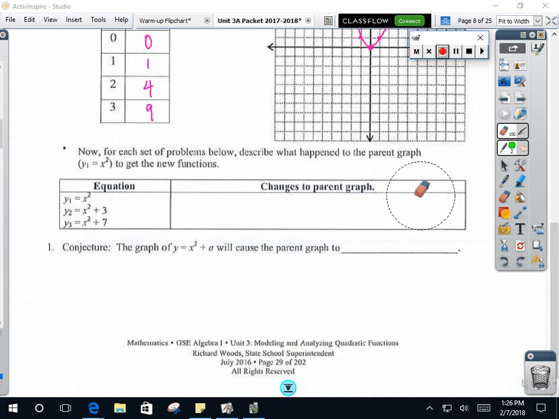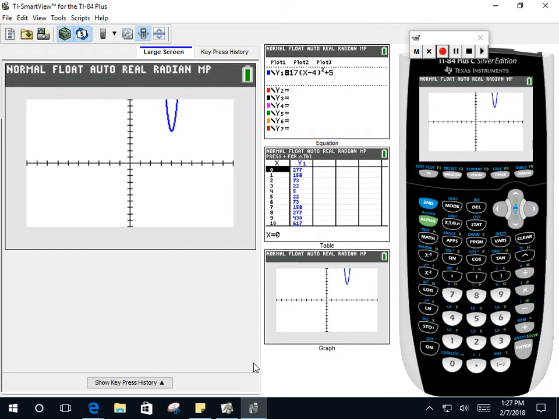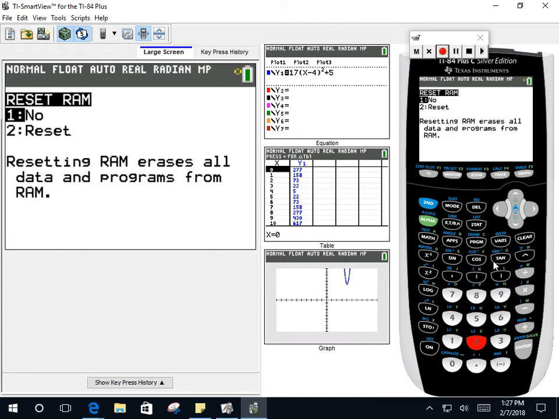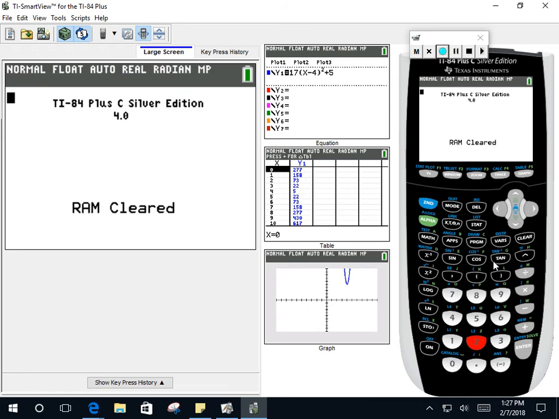The first thing you're going to do to graph all three of these equations is on your calculator. Well, before we do it, let's clear the calculators, because last period we were graphing a lot of stuff, and so for it to be a fresh start for y'all, let's clear it by hitting second, plus sign, 7, 1, 2. Okay, then now we're ready to graph. So you're going to go to y equals,